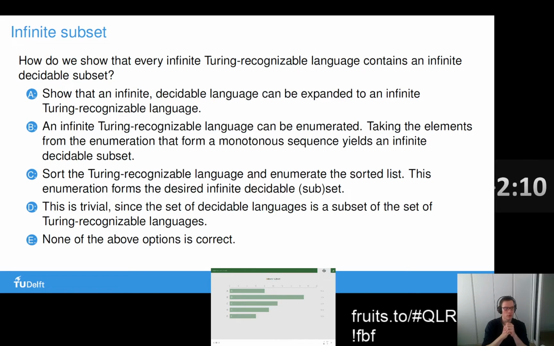So for example, monotonous functions are functions that always increase or always decrease. And similarly, we could have that in our sequence, for example, if we use dictionary order. Okay, so that's what answer B says. What about answer C? Sort the Turing recognizable language and enumerate the sorted list. This enumeration forms the desired infinite decidable subset. It does indeed look very similar,